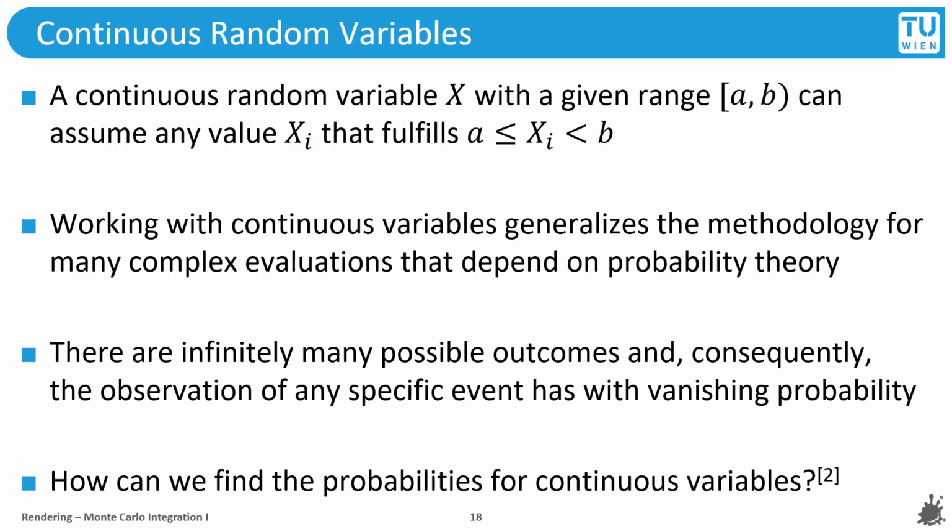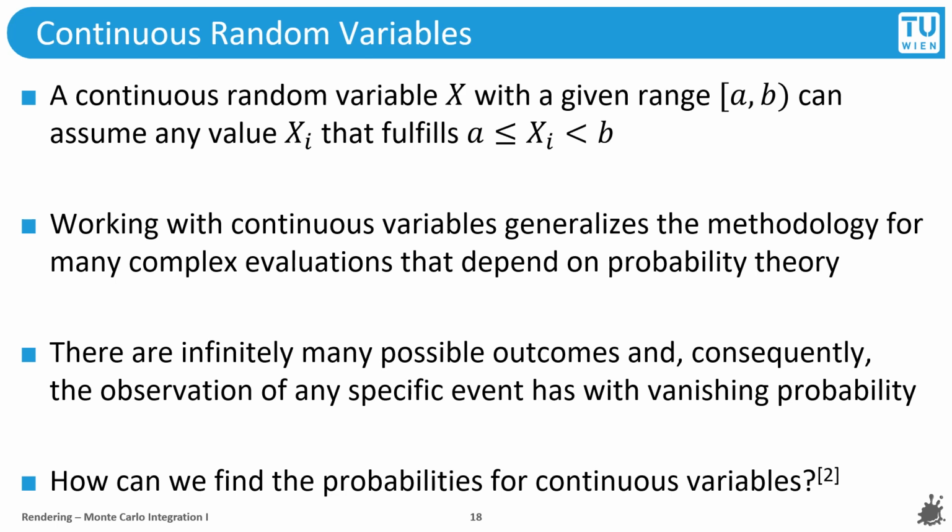In contrast, a continuous random variable can assume any value that falls within a predefined range. So instead of enumerating all the possible outcomes for a continuous random variable, we only have to define its limits. In practice, we are almost always working with some level of discreteness. However, the theoretical concept of the continuous random variable allows us to generalize the main methodology for many evaluations in probability theory. And at least as a theoretical concept, the continuous random variable has infinitely many possible outcomes, and consequently,